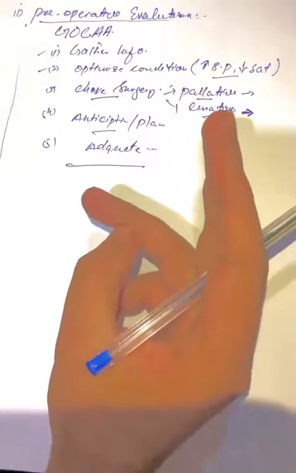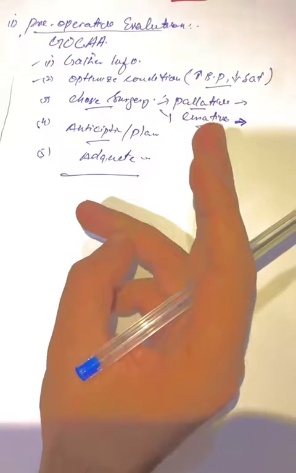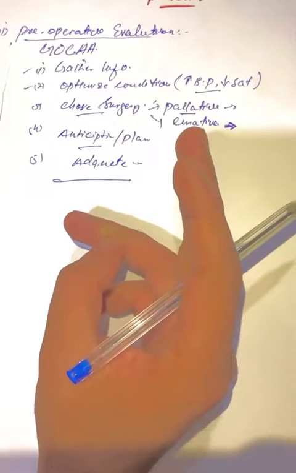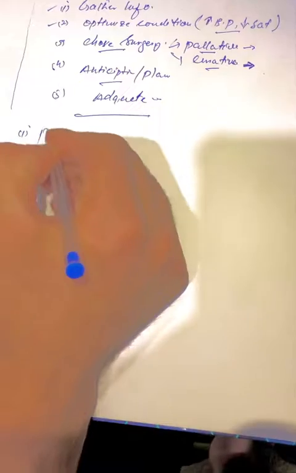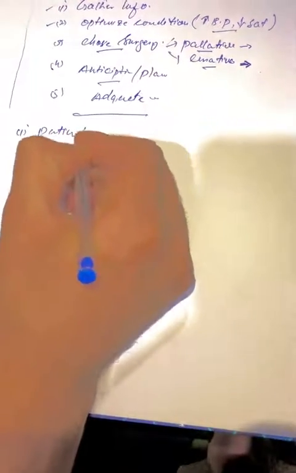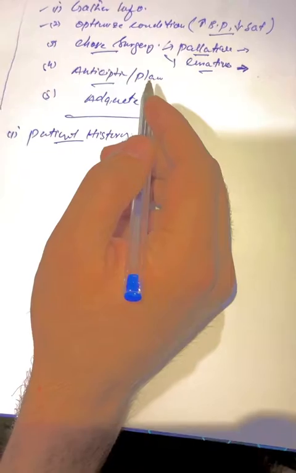And the most important three things which come in the pre-operative evaluation are: the first one is the patient history, the second is examination of the patient, and the third is diagnosis of the patient. So we will have to study the patient history. First, we will have to ask about the general history of the patient, and then we have to go systematic